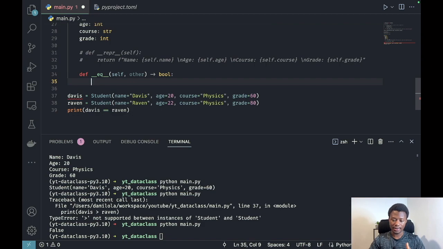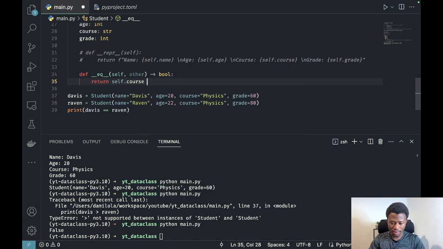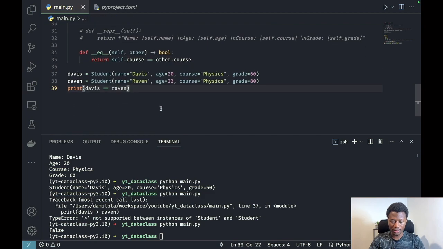Well, in this case now we are going to override it, because what we want to compare is, let's say, the course. If the courses that they are taking are the same, right, then we can say, okay, these students are of the same class, or let's say they are classmates. So let's implement something like that. We say something like self dot course equals other dot course. All right, so if we do this now,